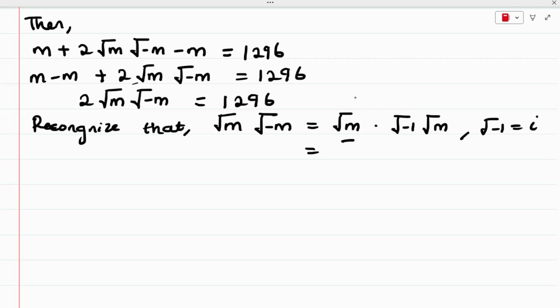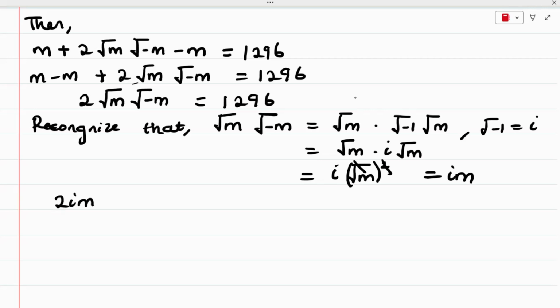So this is equal to the square root of m multiplied by i times the square root of m. So from here, this is equal to i times the square root of m all squared, because if we multiply this, we have this right here. So this is going to cancel out this, and we have i m. So therefore this equation is going to be 2im is equal to